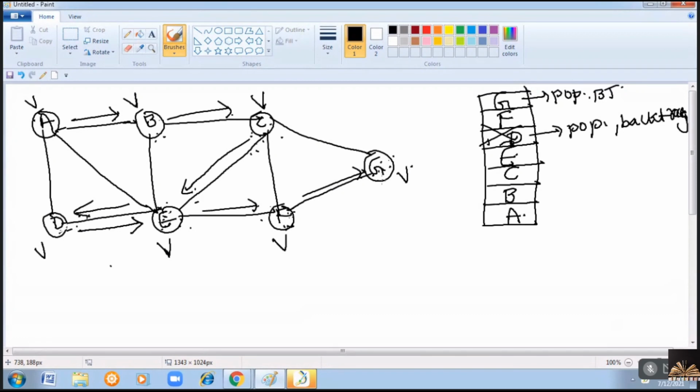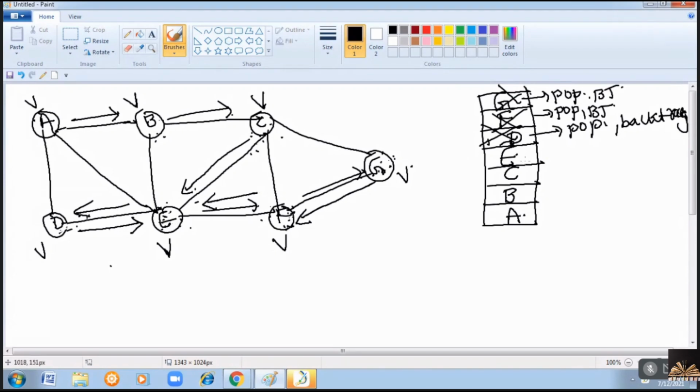Why am I using this? Just to perform backtracking, we should know from where we have come. Right? And you have reached G. From G, as there is no adjacent vertex which is not visited, you can pop G and perform backtracking. That means you have reached G from F, so perform backtracking and reach F. Right? Now, is there any adjacent vertex for F which is not visited? No such vertex. Therefore, you pop F and perform backtracking. Right? You have reached F from E, so perform backtracking.